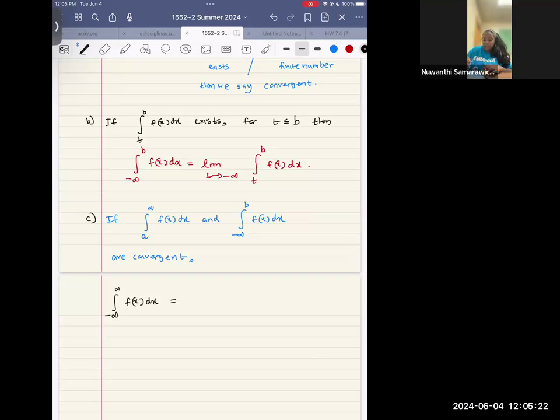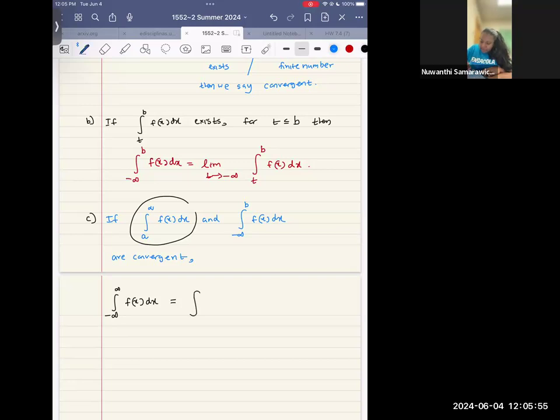by adding these two. So if you draw a real line, and here it is a, here it is b, so this means a to, no, it should be b here. A to infinity means this part, b to infinity is kind of like that. But we need to find negative infinity to infinity. This we are going to find by,